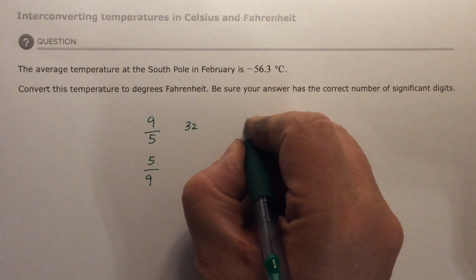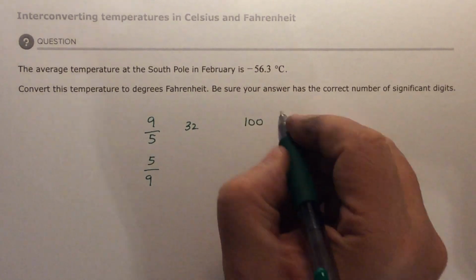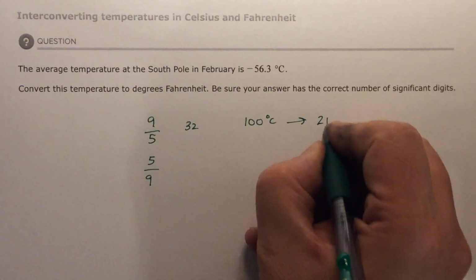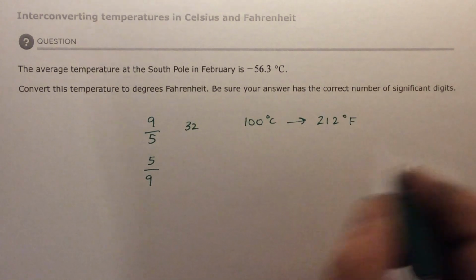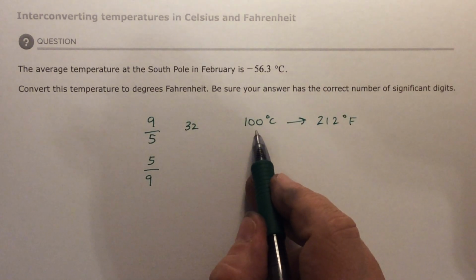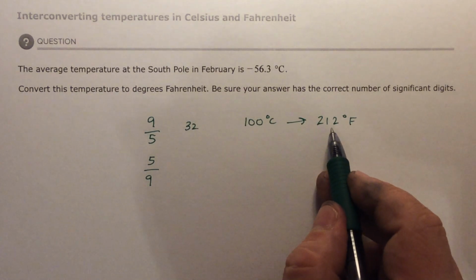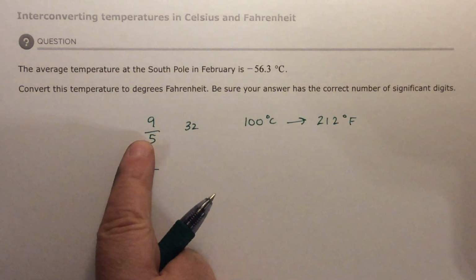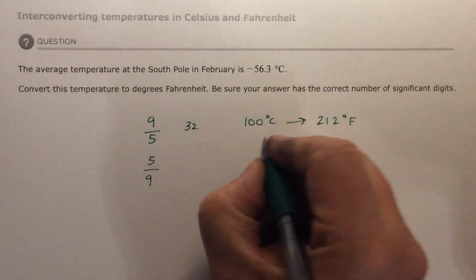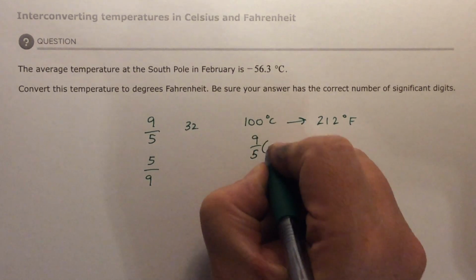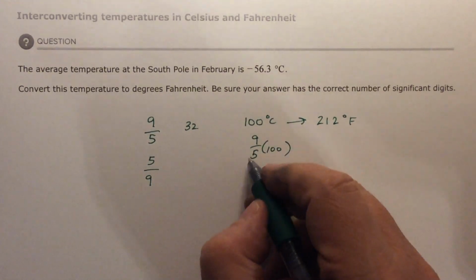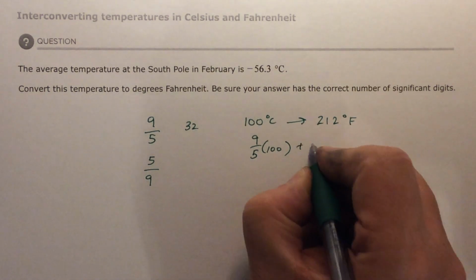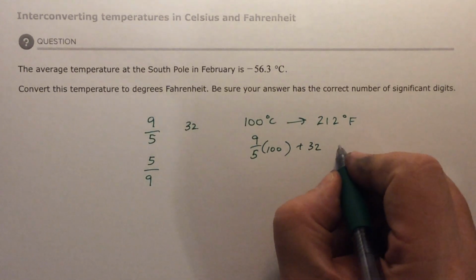To get from 100 degrees Celsius to 212 degrees Fahrenheit, we know that's the boiling point of water. The boiling point of water is defined to be 100 degrees Celsius, and in Fahrenheit it is 212. So to go from Celsius to Fahrenheit, I want to get bigger, so I'm going to use the fraction that makes it bigger. So I'm going to say 9 over 5 times 100, and that gives me 180. To go from 180 up to 212, I have to add the 32. And that will give me